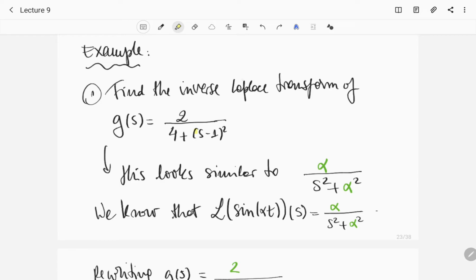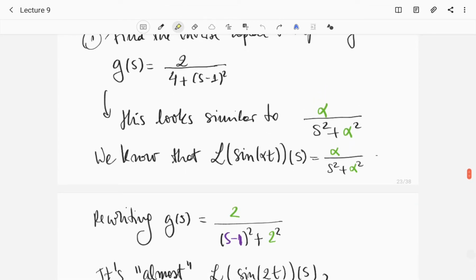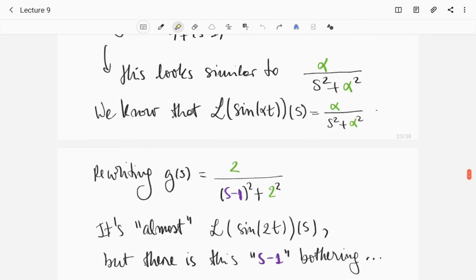So if this minus 1 wasn't here, then we could say this is just the Laplace transform of sine of 2t, right? Because here we have a 2 and here we have a 4. But we do have that minus 1. So now you need to remember some property, and we said this minus 1 is a shifting. So which property is related with shifting? The fourth one that relates